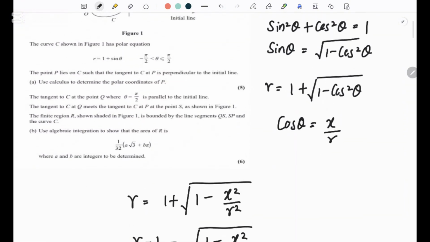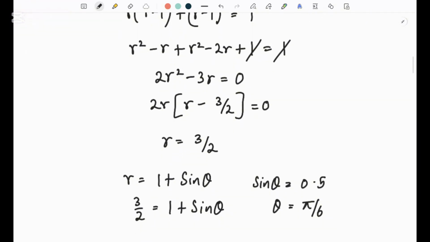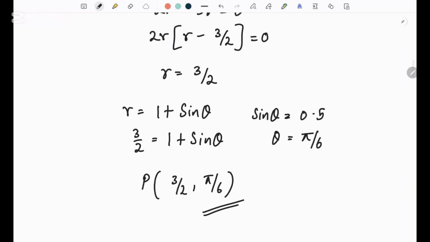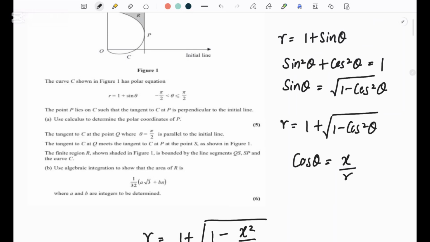So the question asks for the polar coordinates. So not in terms of x and y, in terms of radians and the radius. So P equals 3 over 2 comma pi over 6. That's the answer for the first part. Easy, right? Now let's move on to the second part, where they ask us to find the shaded region using